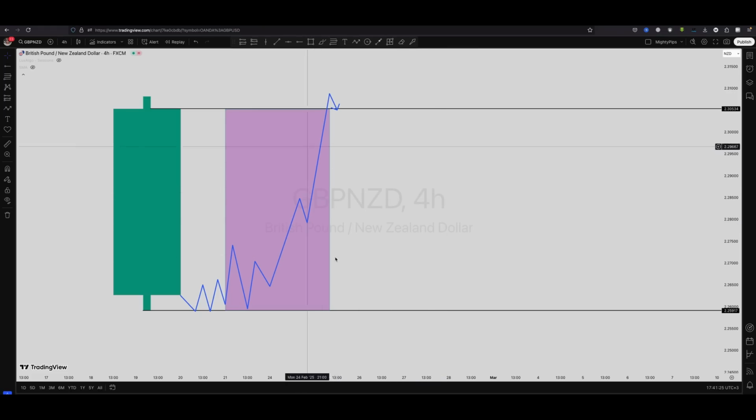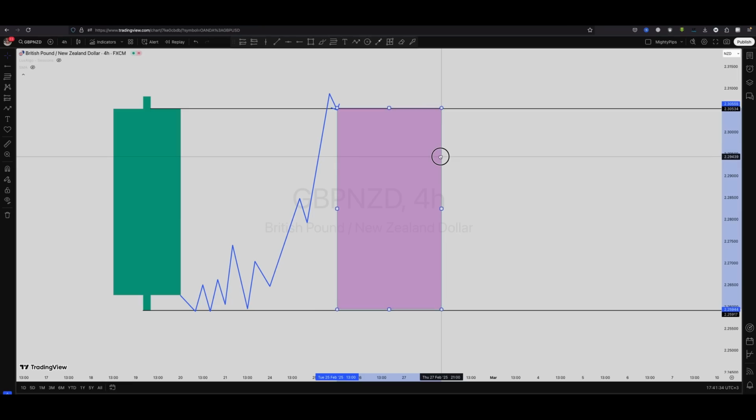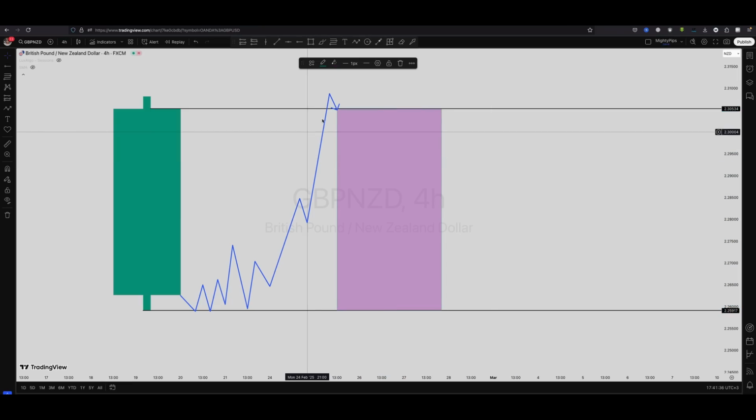So after you have looked at the internal structure of this previous candle, it's like this. The purple zone right here is the area that you want to trade, and the purple zone is usually within the distribution phase of the market, which is the body of the candle. The distribution forms the body of the candle because that is where most of the volume is created within the